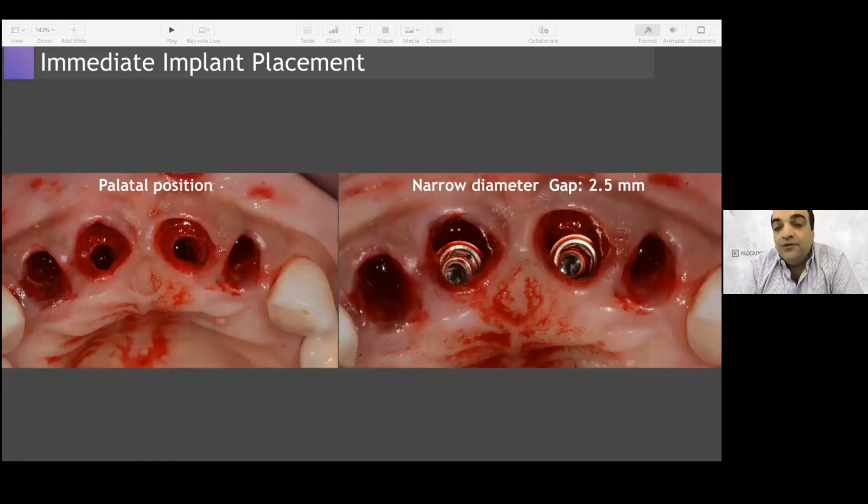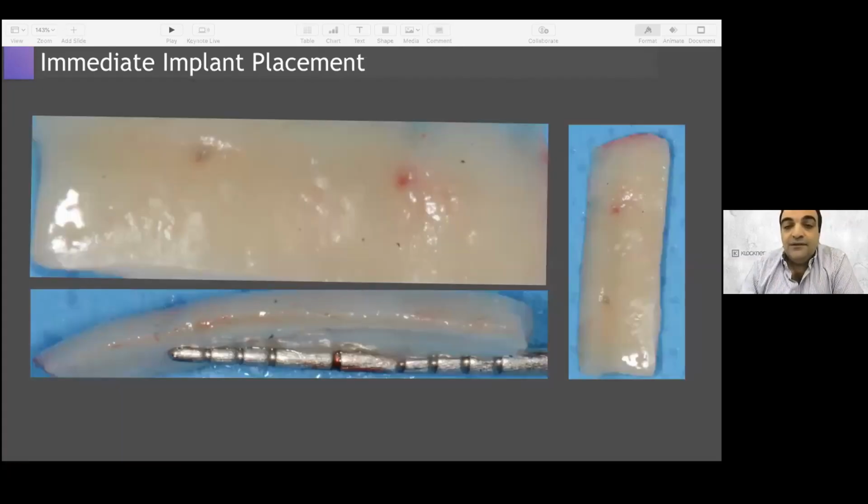So how do we choose our implant diameter? If we have, for example, a socket of 6 millimeters, and we know that we need about 2 millimeters for our gap, we should place a maximum 4 millimeter implant. We are not using any more, we are using maximum 4.3 millimeters to replace a tooth and especially in the anterior region. So we have our gap of 2 millimeters, and when we have a thin biotype, we are going